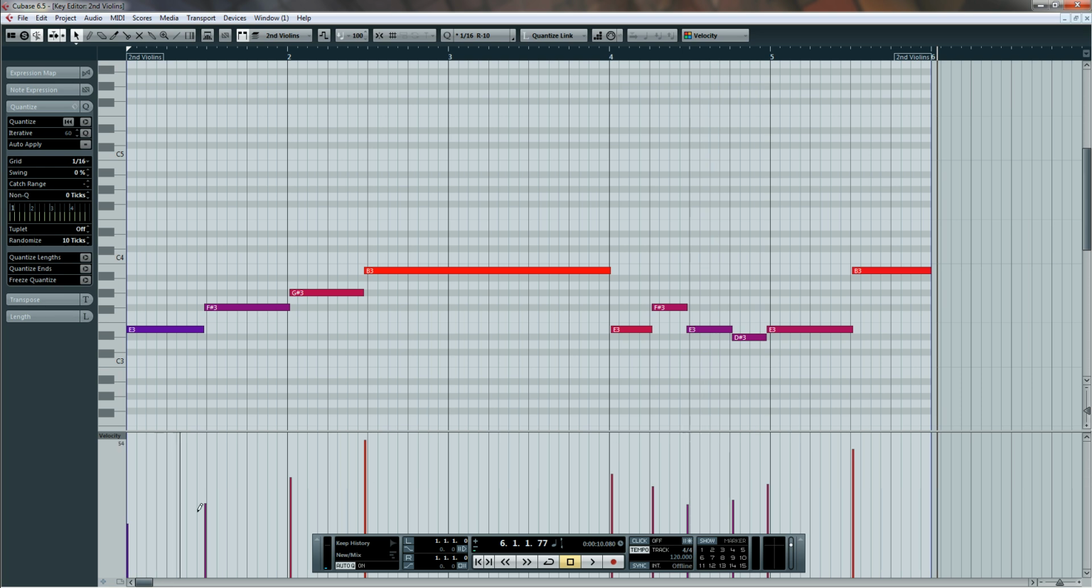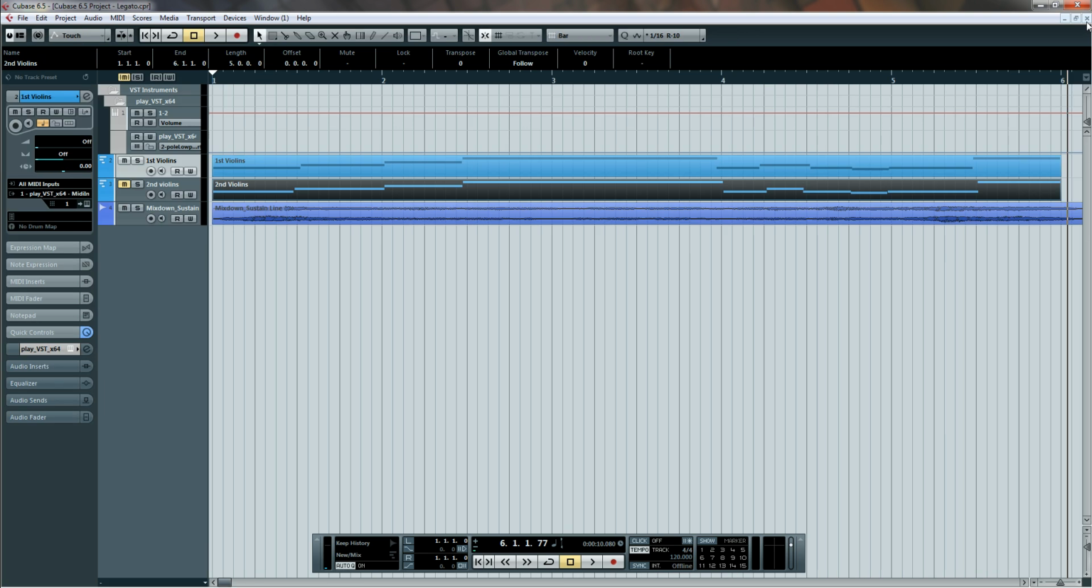So now we have our second violins set up. We close it and unmute them, and now listen to everything with our velocity changes. Go to the beginning. Let's listen. And now